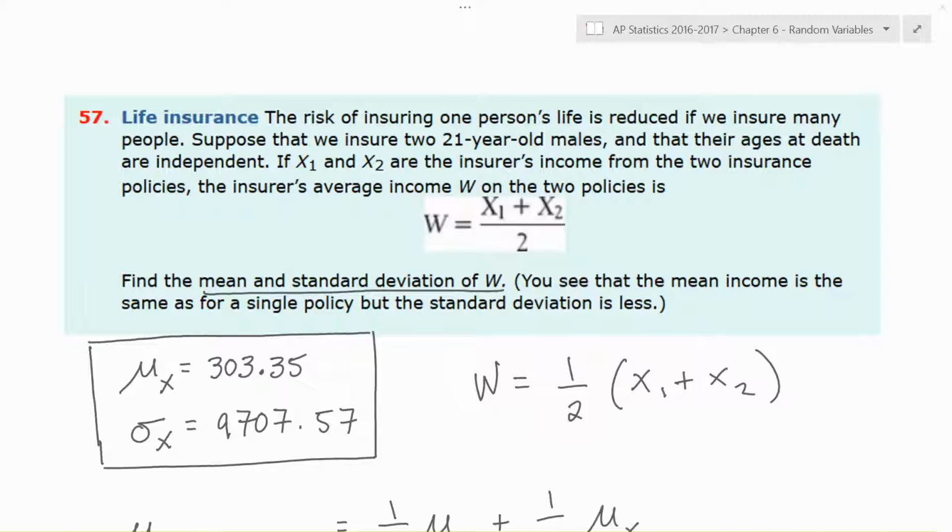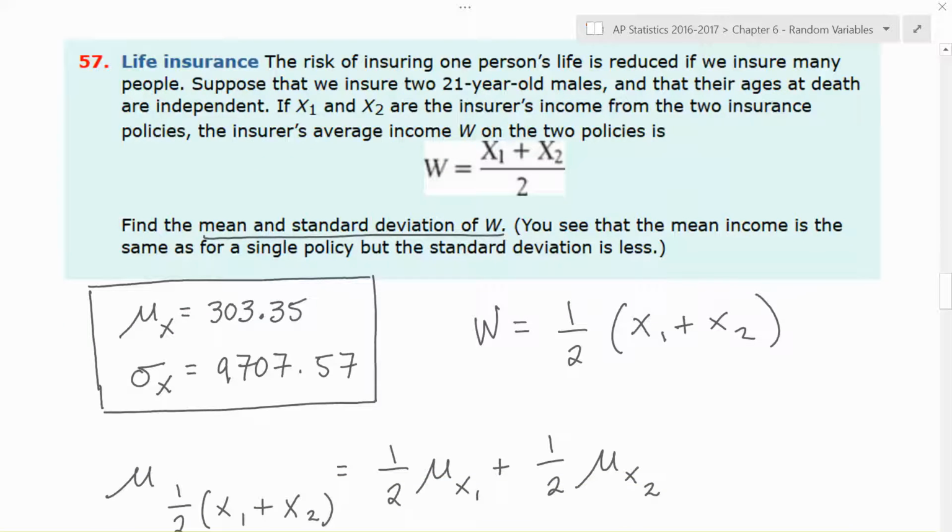So we're going to define a new random variable as the combination of two insurance policies from the same distribution, same mean, same standard deviation. It's helpful for us to define the variable W as 1/2 of (x1 plus x2) in parentheses, and it makes it easier for us to recognize the properties we need to use to find the mean and the standard deviation